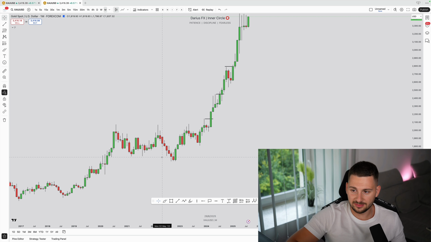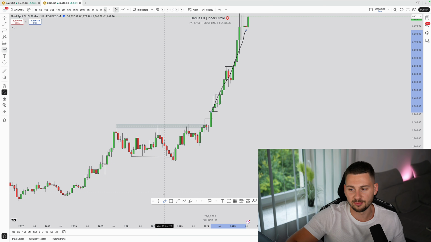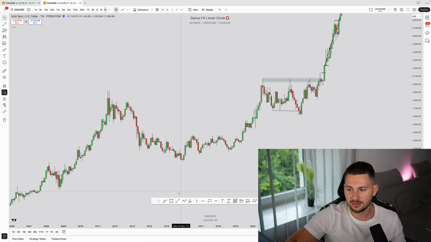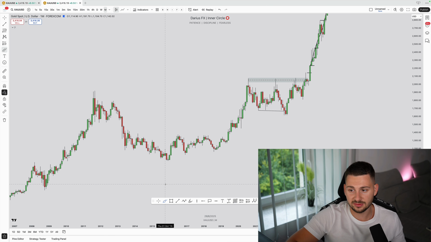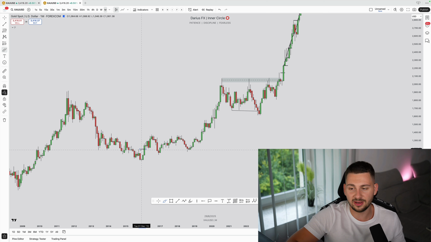Then what happened here? Here you see never a break below, right? Just wicks below, and then later on, this is exactly that range. As soon as we break here, we didn't break out, but then we broke out, and since this breakout here, as you can see, boom, it just pumps. Also here, right? This is monthly time frame, guys. You see, this is how you can identify an entire monthly trend.